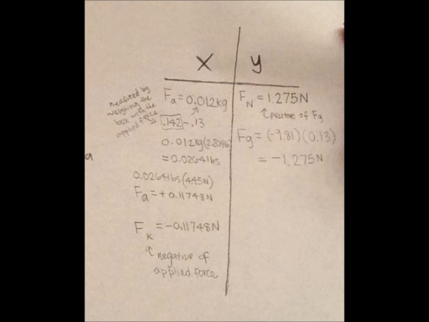However, in order to calculate the applied force in newtons, 0.012 kilograms was converted to pounds by multiplying 0.012 kilograms by 2.204 pounds, equaling 0.0264 pounds. Next, 0.0264 pounds was converted to newtons by multiplying it by 4.45 newtons. As a result, the applied force was calculated to equal